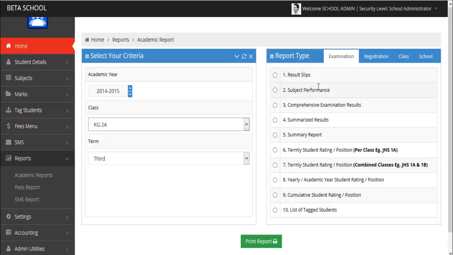We have the results slips, subject performance for analysis and rewards, and comprehensive exam results, where it picks every student, and then there are marks for each subject, both class score and exam score, summarized results, summary reports, termly student rating, their positioning in the class, and then termly student rating for, in the case we have more than one class